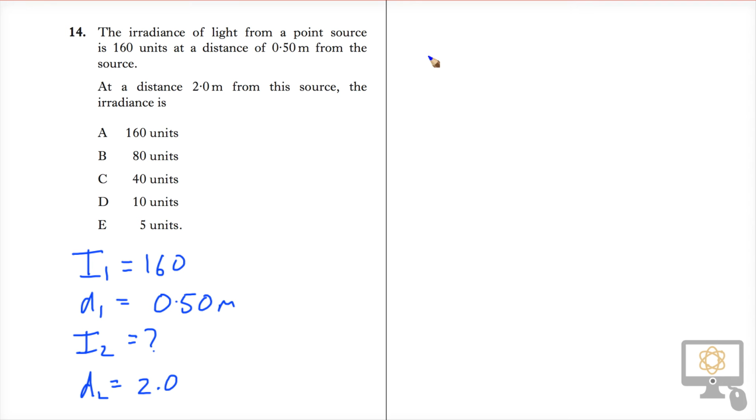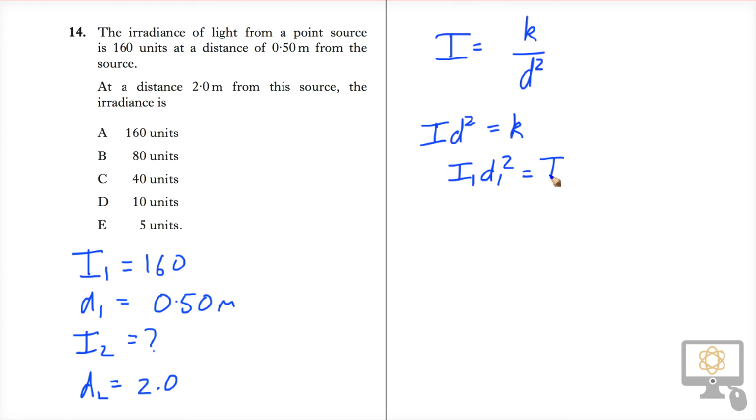And the formula that's in the formula sheet is I is equal to K over D squared. And what that says effectively is that I times D squared, not D cubed, D squared, is equal to a constant K. So commonly in classes we might write that as I1 D1 squared is equal to I2 D2 squared, where I1